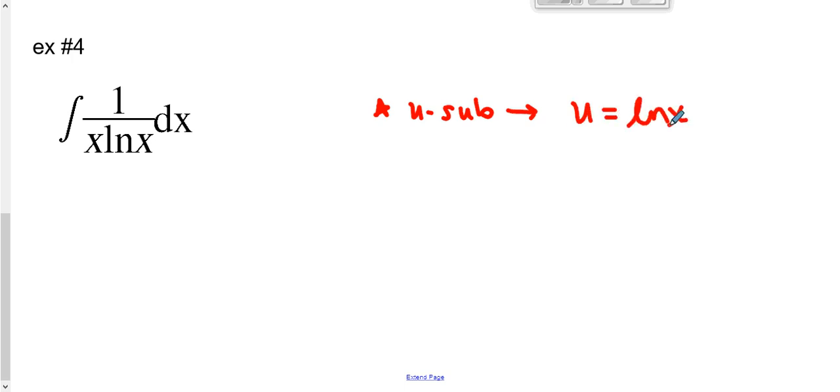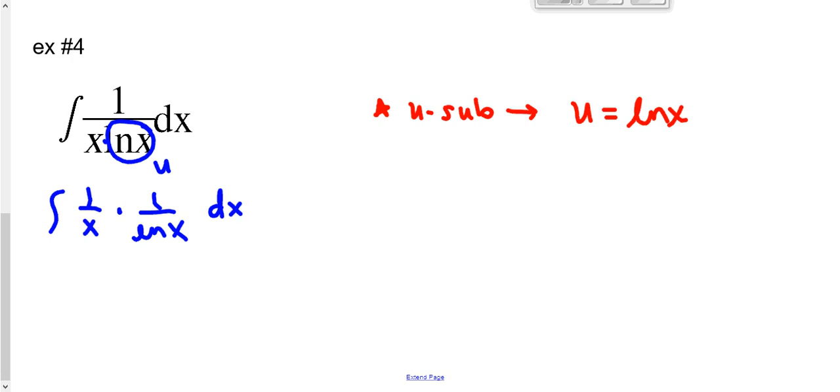So this is a little bit of a different category of problems. A lot of times it's easier to split up this problem. We can say that this is 1 over x times 1 over the ln of x, because this is x times the ln of x, and we can just write them as separate